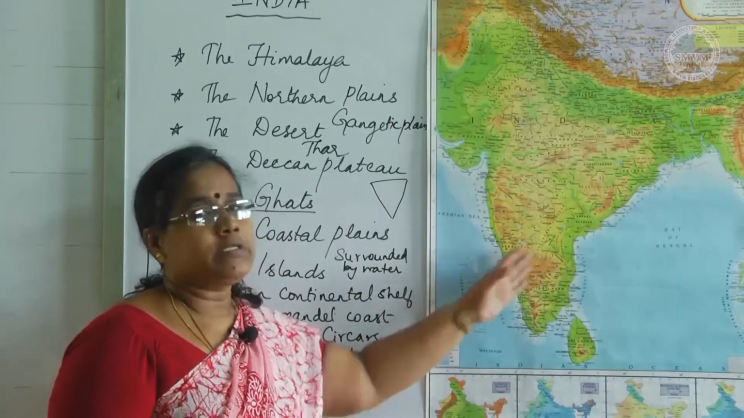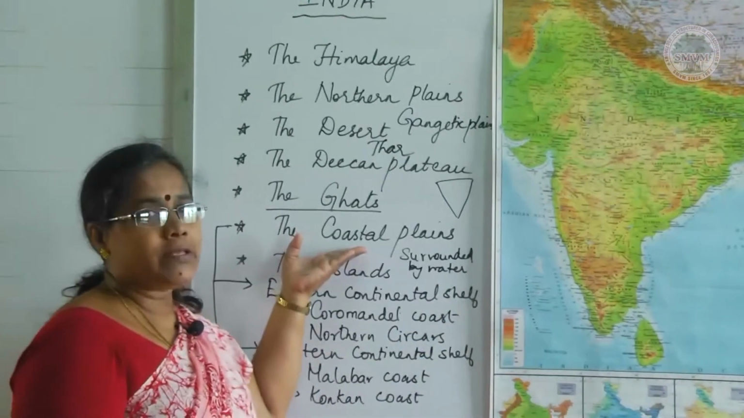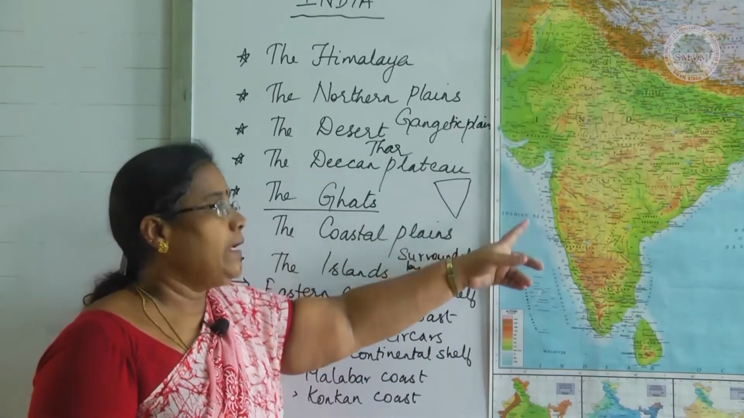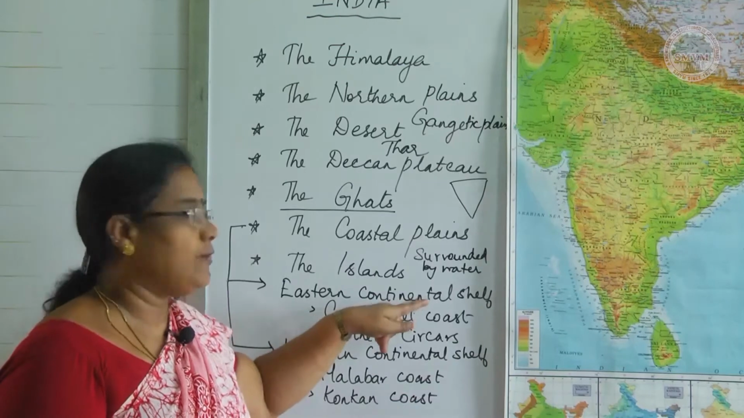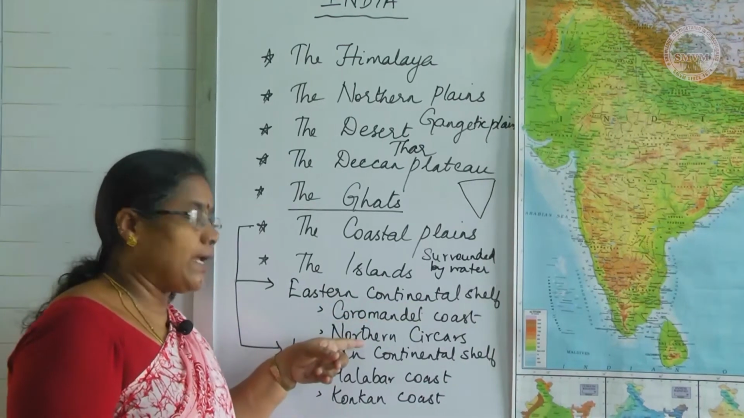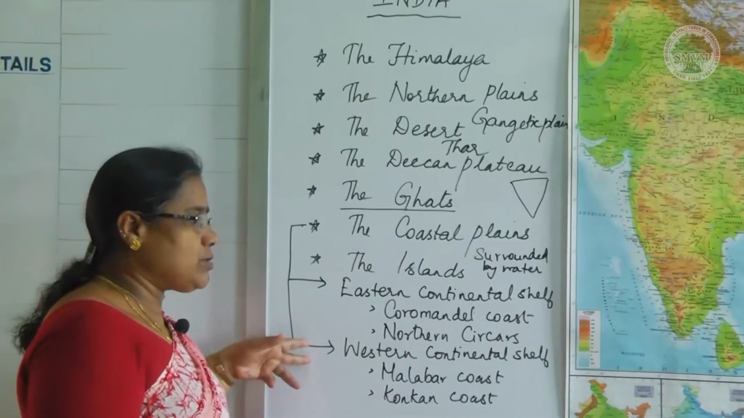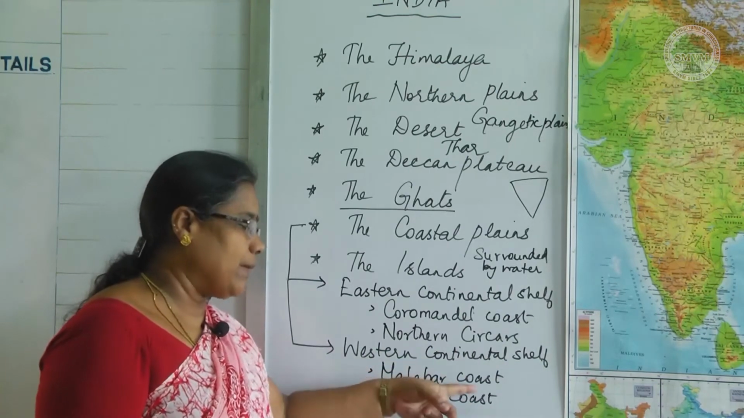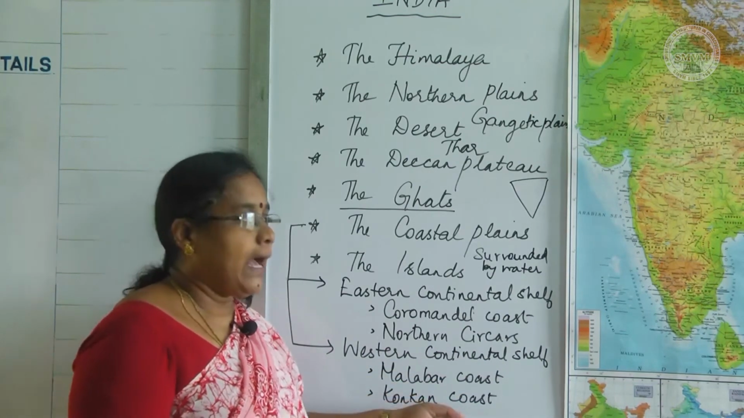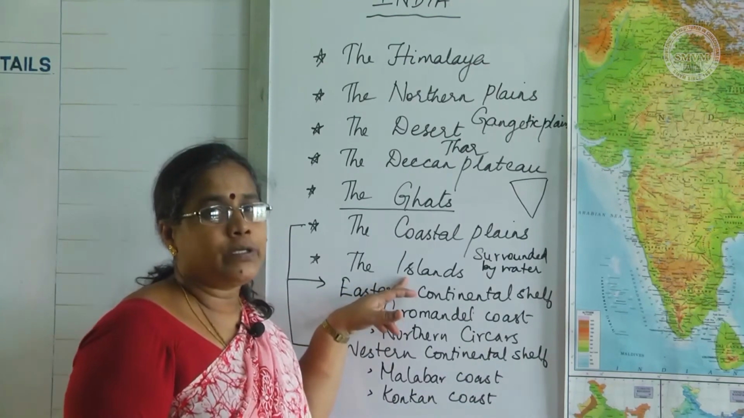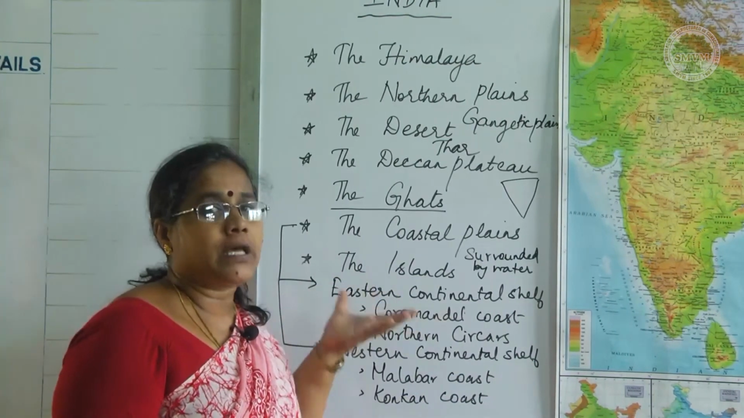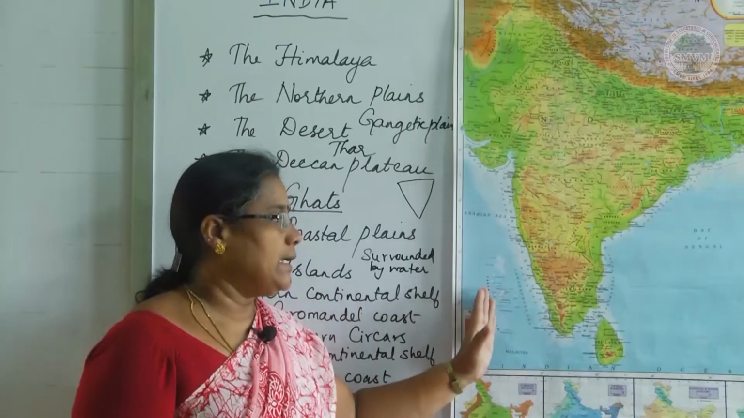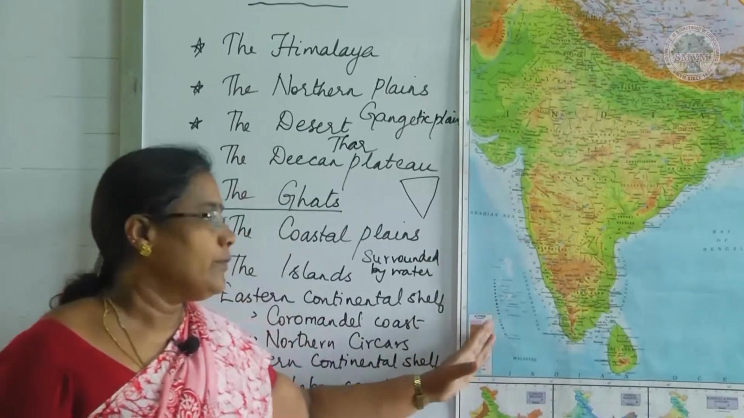When we travel towards the sea, we have coastal plains, the stretch of land which starts from here to this part of India. On the eastern side we call it the Eastern Continental Shelf, which has two divisions, the Coromandel Coast and the Northern Circars. On the western coast side we have the Western Continental Shelf, which again has two divisions: the Malabar Coast and the Konkan Coast. And at last we have islands, a group of islands, which are areas surrounded by water. In the Bay of Bengal we have the Andaman and Nicobar Islands, and on the western side in the Arabian Sea we have